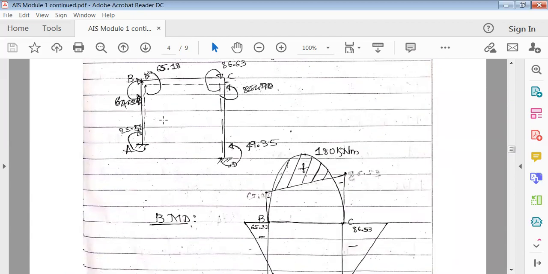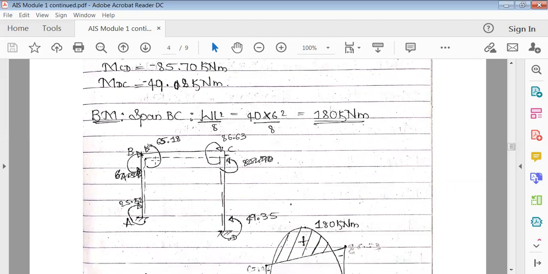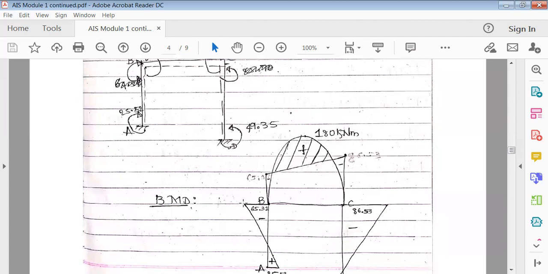All right. Then you can see here, because there is a difference here, what's happening is this part in the BC span is trying to push it anti-clockwise. So it is trying to affect the column. So this impact will be acting on the column. So it is minus. Minus means in this direction, the left side. So the left side is 65.31.